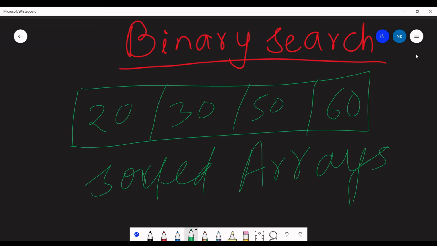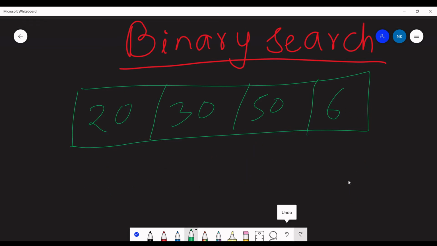So how will we write the program? Let's understand. We have taken this array, and suppose the value we are going to search is 50. What do we have to do? We have to divide this array.